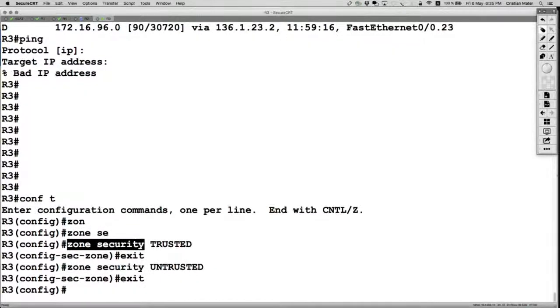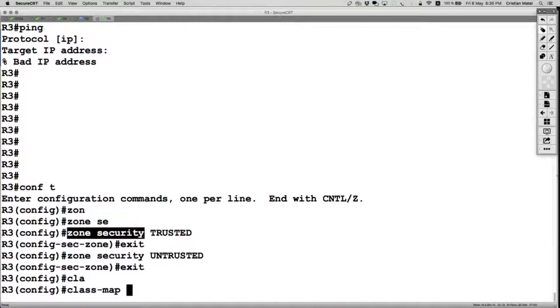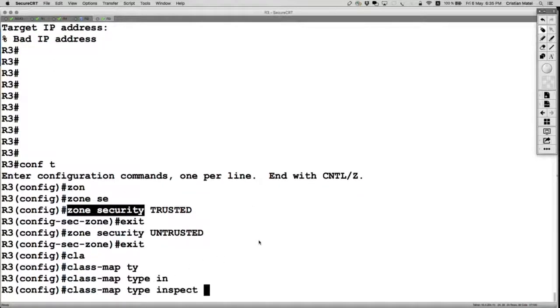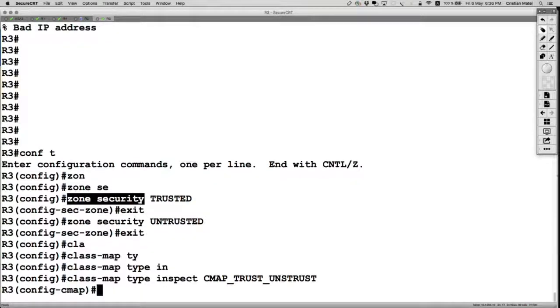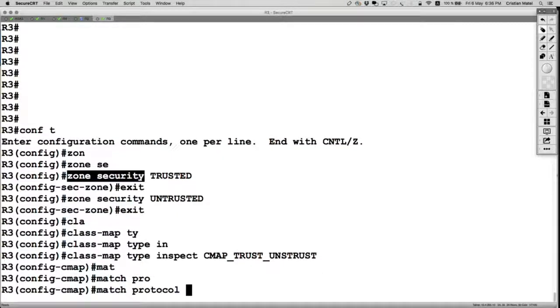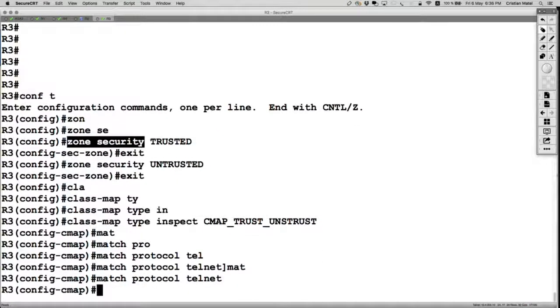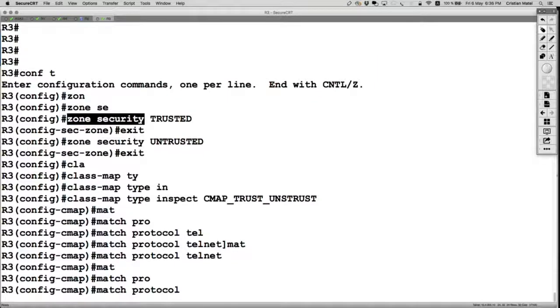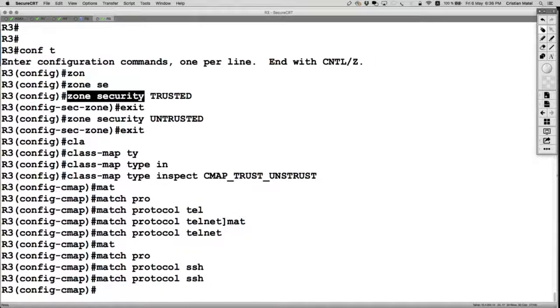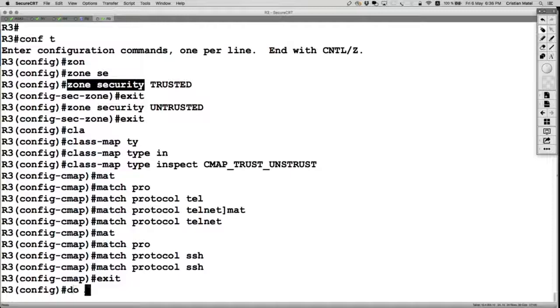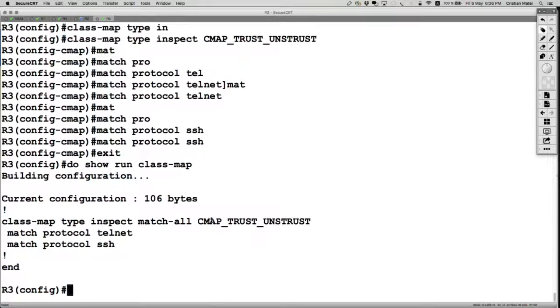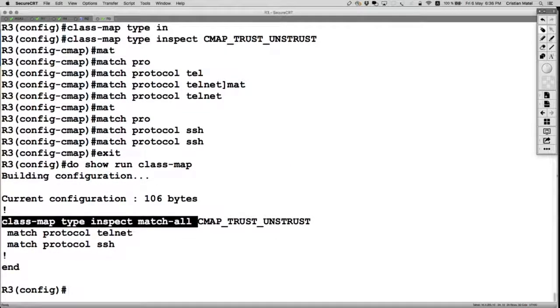Then configure the class map of type inspect, and let's name it trusted to untrusted. I'm gonna match on protocol telnet, and match on protocol SSH. And that's it. Of course, if you say do show run class map, by default the class map is